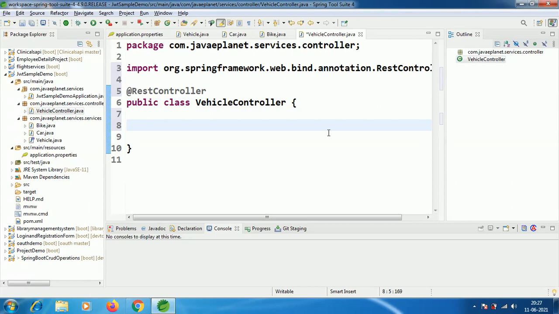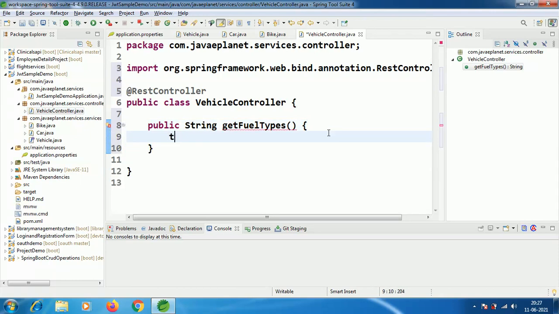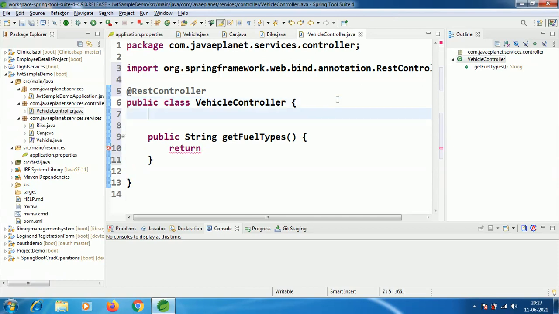Take one public method which returns String, named getFuelTypes.